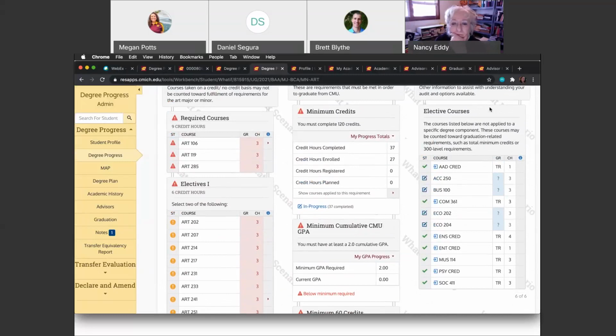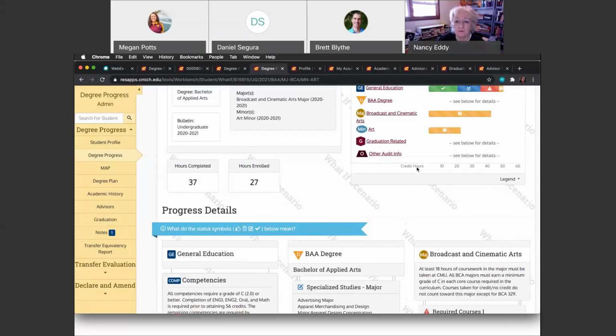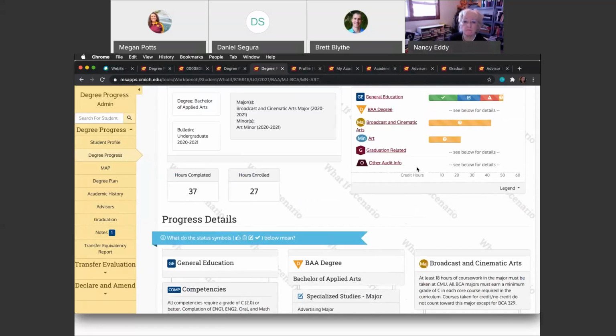Any questions so far? That was kind of the main landing page, what you're going to see in degree progress. Okay. So we're going to be working our way down this yellow tab as we go through degree progress. So first we want to check out the student